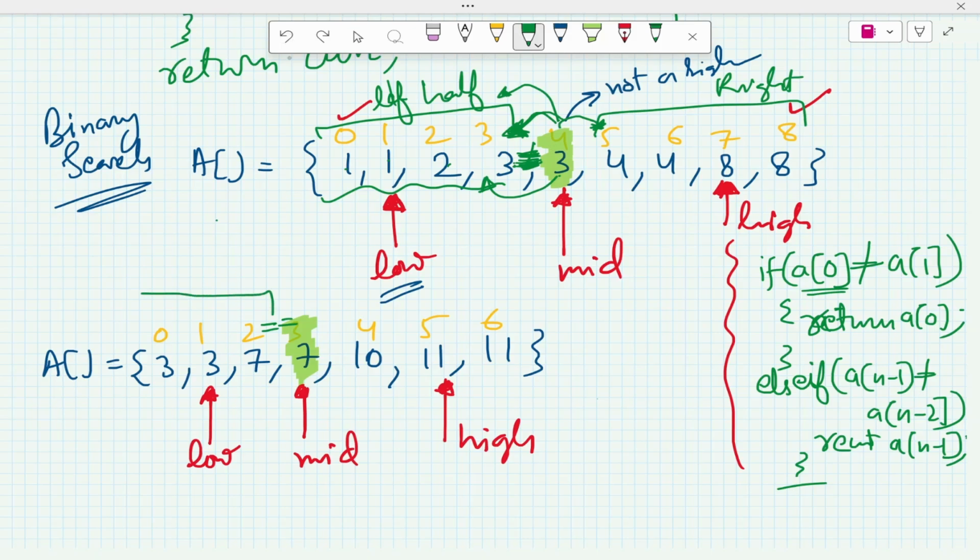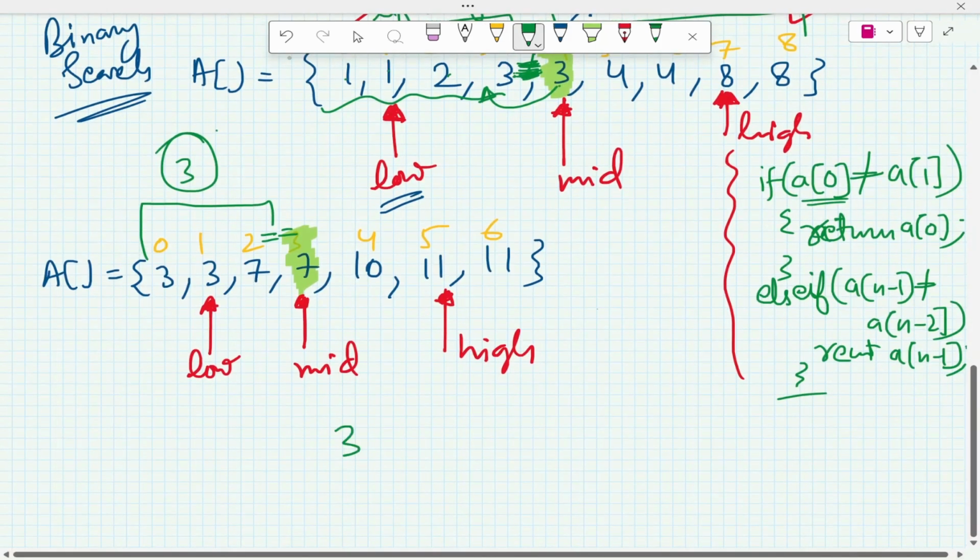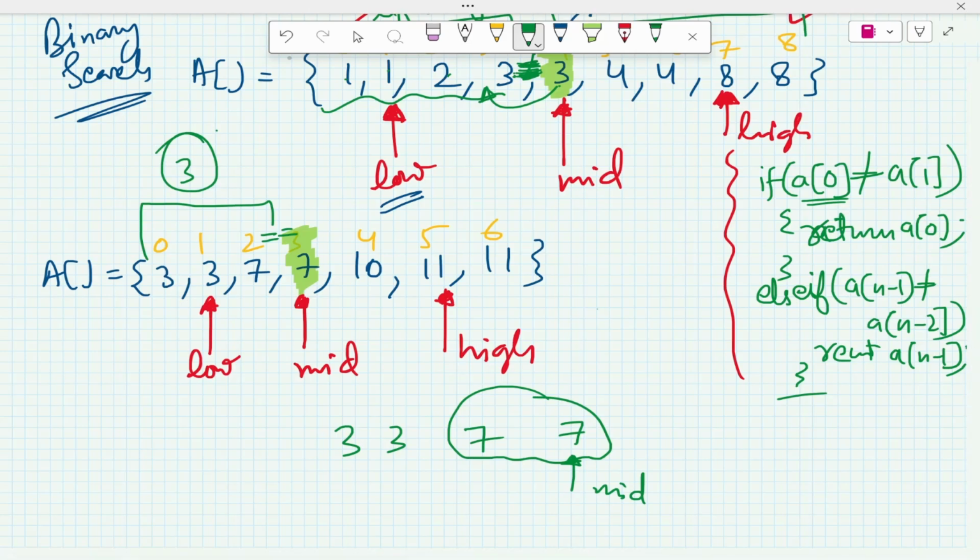Now we will check its left number of elements. How many elements are there? It's 3, so there is an odd number. So if there is an odd number on the equal side, let's say 3 3 and 7 7, and this is your mid. Now if you make pairs, then the remaining elements are 2, and this is also going to be a pair. They will cancel each other out, so there is no single element, so we have to move